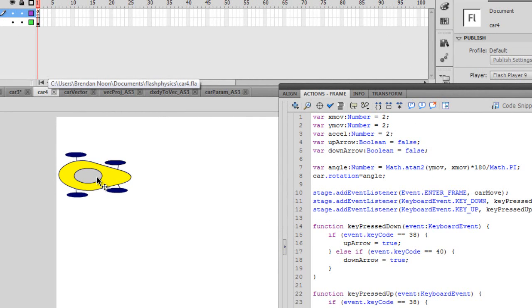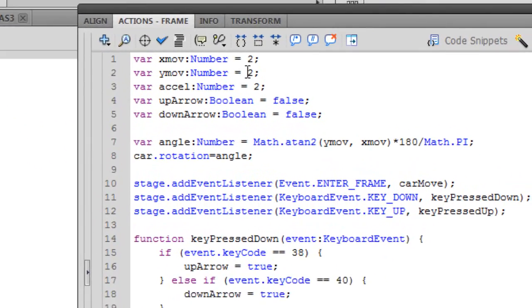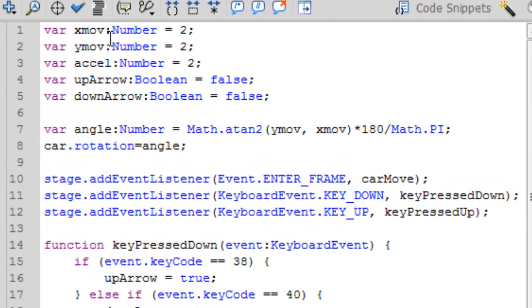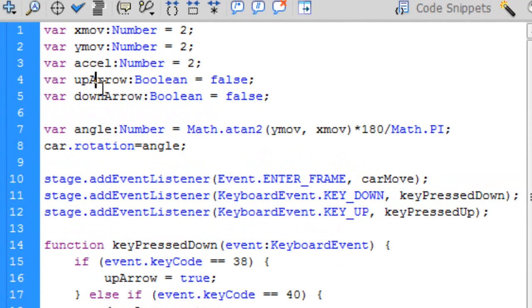So now for car 4, we have our starting x and y variables, but we're also going to have an acceleration take place of 2. And we call the variable acceleration, but you'll see why it's acceleration, because we're going to add it to our forward speed, which means that it'll add on top of the addition of the object moving when these are pressed,